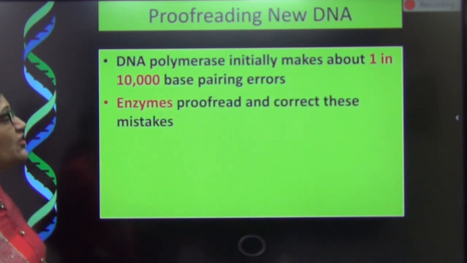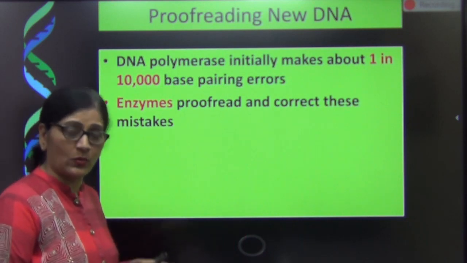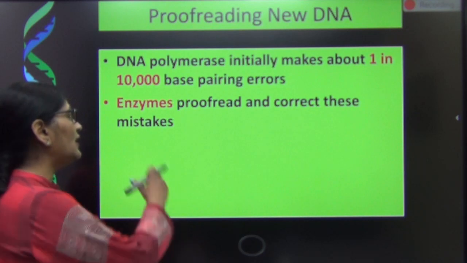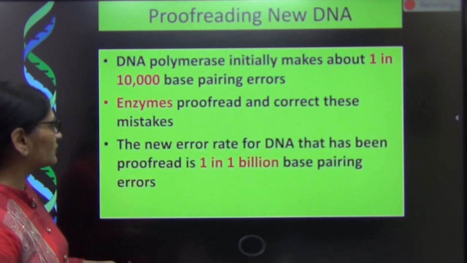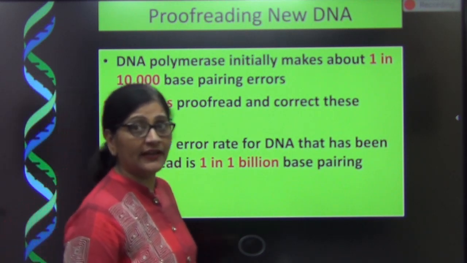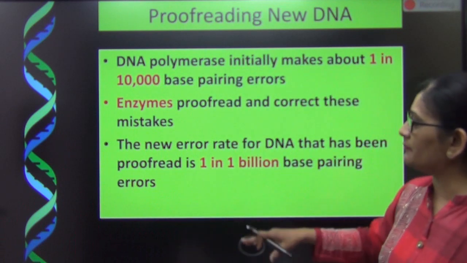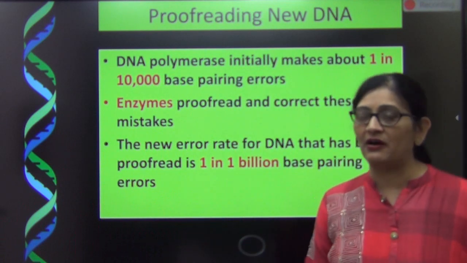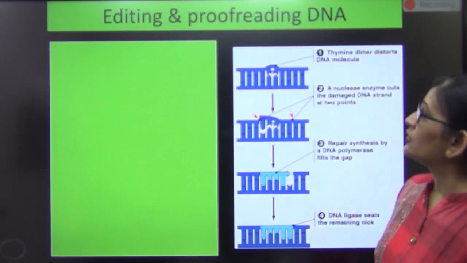DNA polymerase initially makes about 1 in 10,000 base pairing errors. So it has enzymes which proofread and correct these mistakes. The new error rate is 1 in 1 billion. Earlier it was thought that this mistake is 1 in 10,000, but the new error rate that we have found out is 1 in a billion, but that 1 in a billion should also not happen. So we have